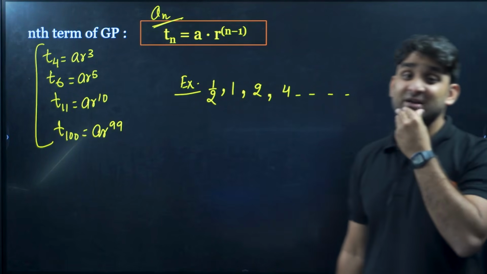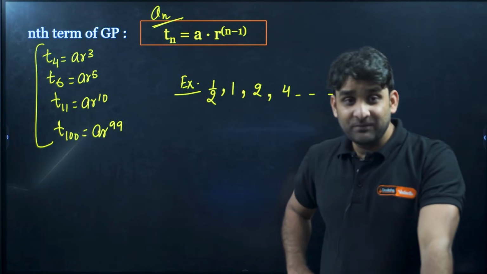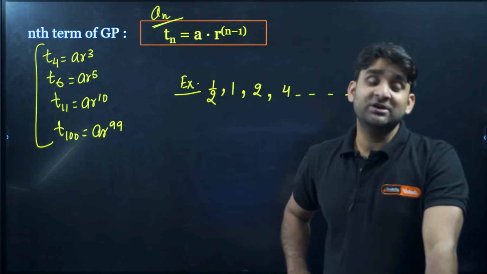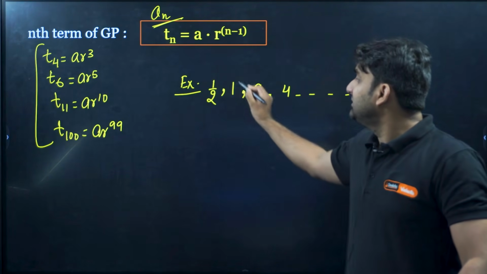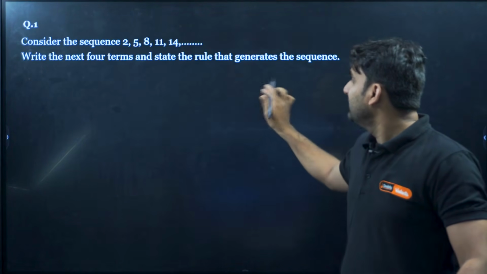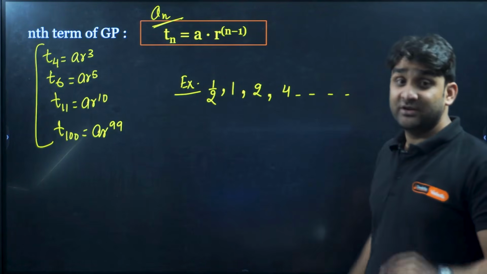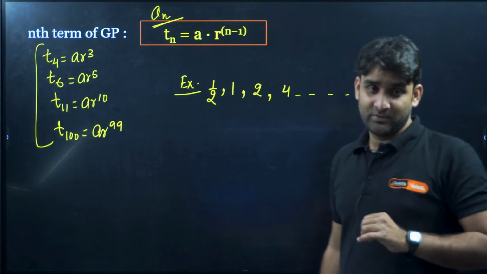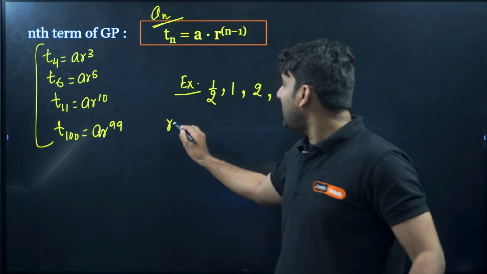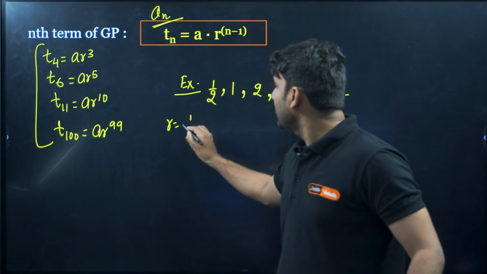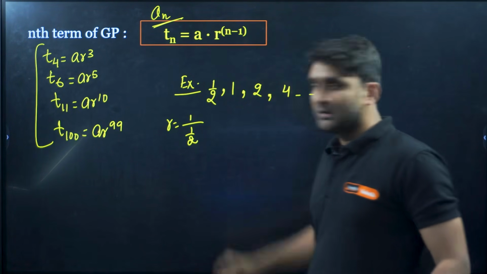So what is the condition? How will you check? The only condition is that the ratio between all these pairs, first pair, second pair and third pair, must be the same, and that is the common ratio. So let's find the ratio. R is, first, 1 divided by 1/2. Always divide,